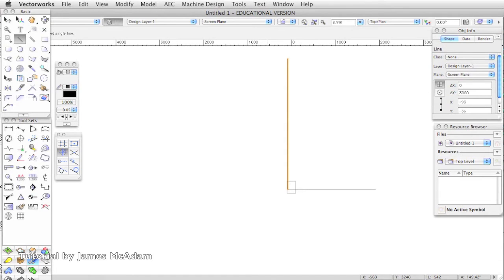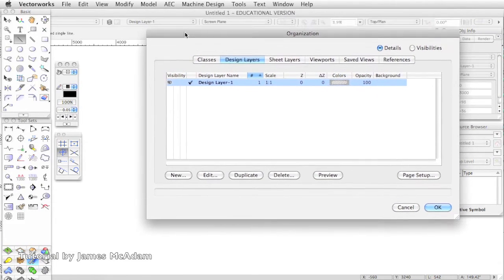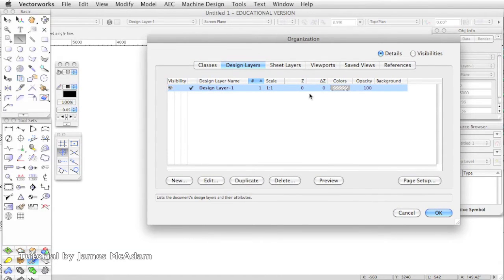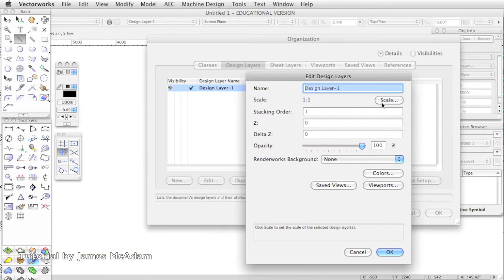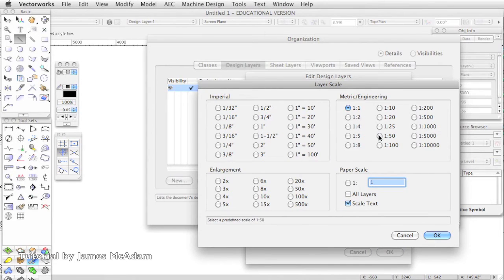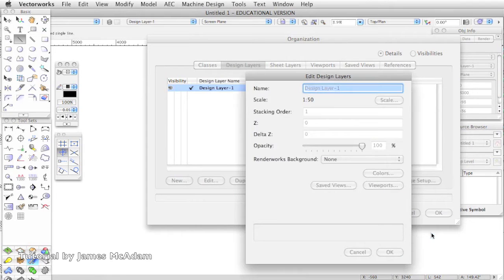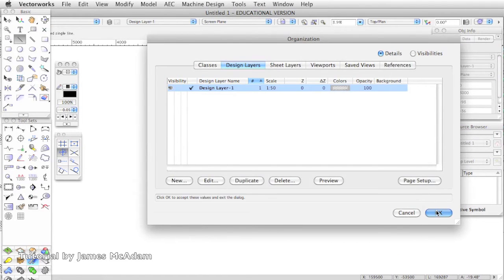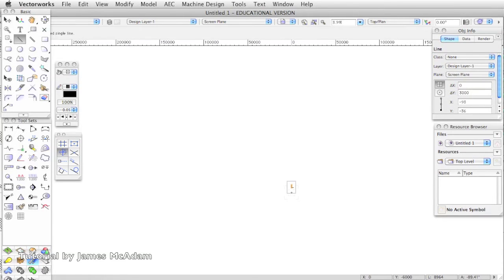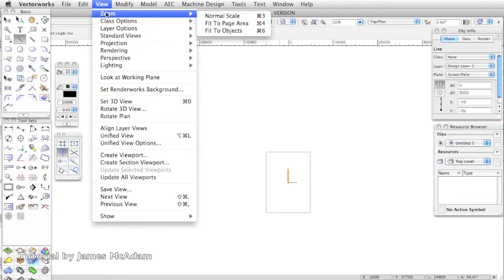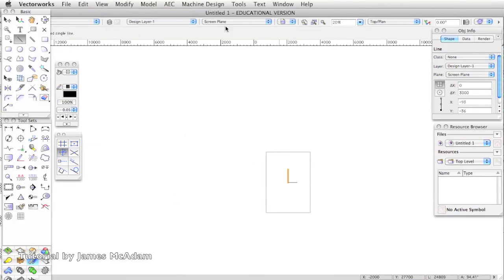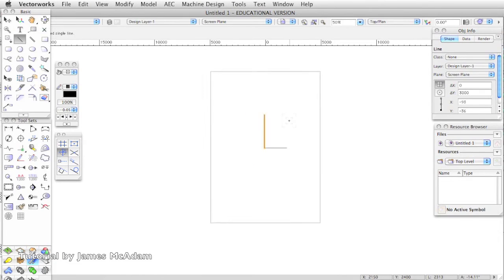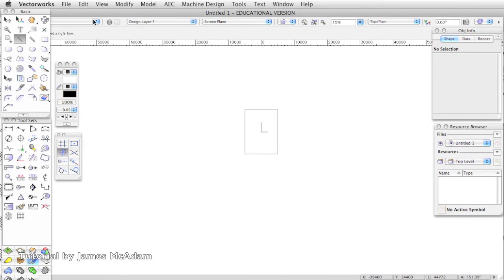Okay, so now we've got this thing to scale, we can look at our layer scale. That's here with those sheets of paper. Select them and edit, and then change the layer scale. I'm going to use 1 to 50. And there, this is still a 2 meter by 3 meter line, so I can do a view zoom fit to page area, but it's at a 1 to 50 scale. So the relationship between that